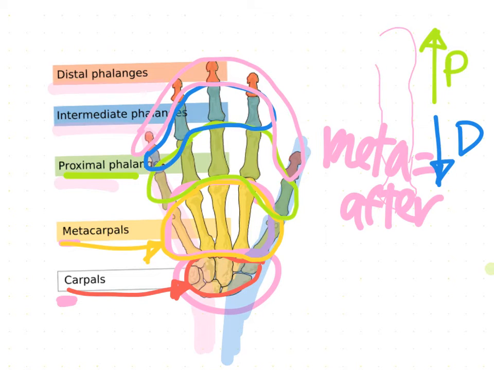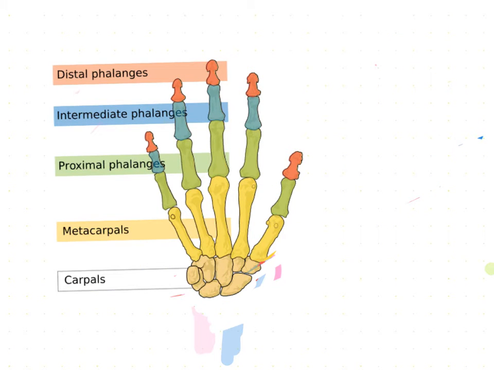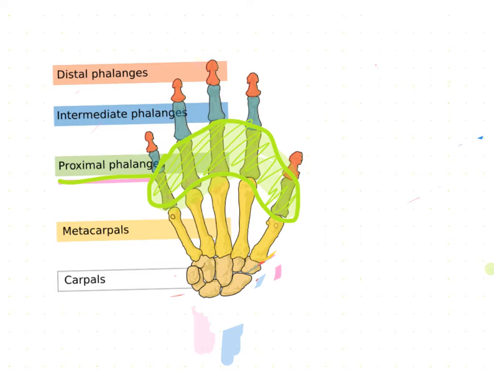And then following that will be the intermediate phalanges. And then after that, finally, the distal phalanges, as we know, is the farthest away from the attachment point, which will be the tip of the finger. Exactly what these are, right? So again, it goes from proximal phalanges, then afterwards we have the intermediate phalanges, and then finally, we have the